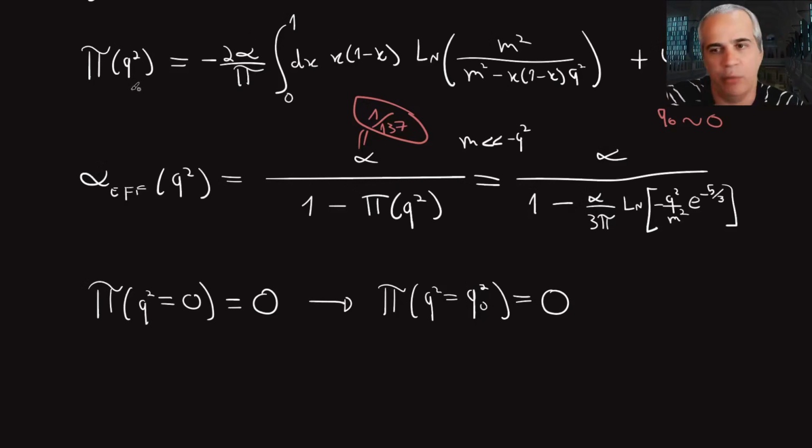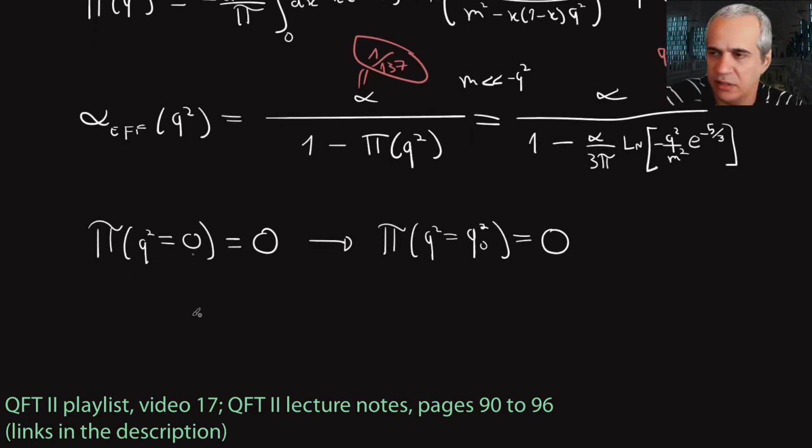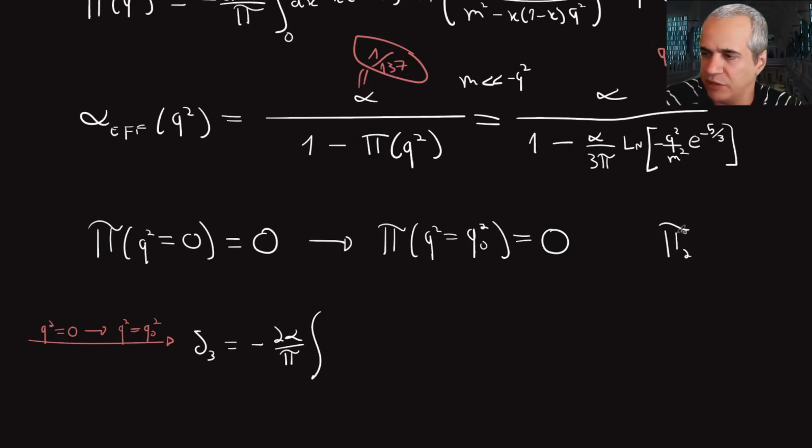In particular, you have to go back to the video where we did this and take a look. The first thing that changes is the counter term. Now we are making this change. The counter term will become this one, because essentially I have to make the counter term cancel the pi 2, which is just a one loop contribution at this point. So now it will be calculated at q naught, and the counter term becomes a slightly different